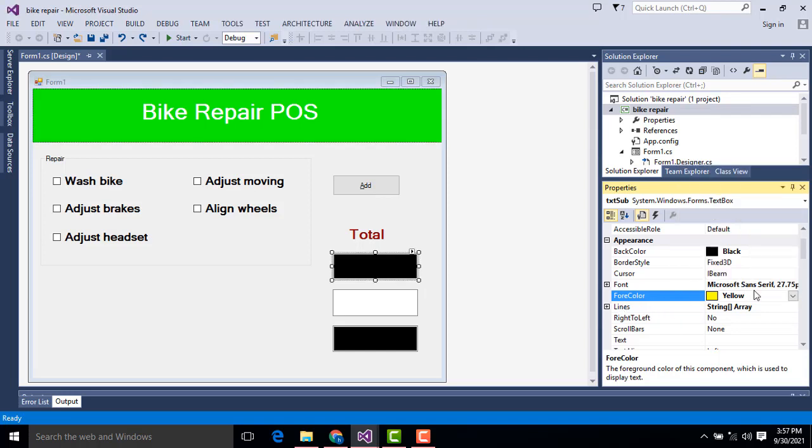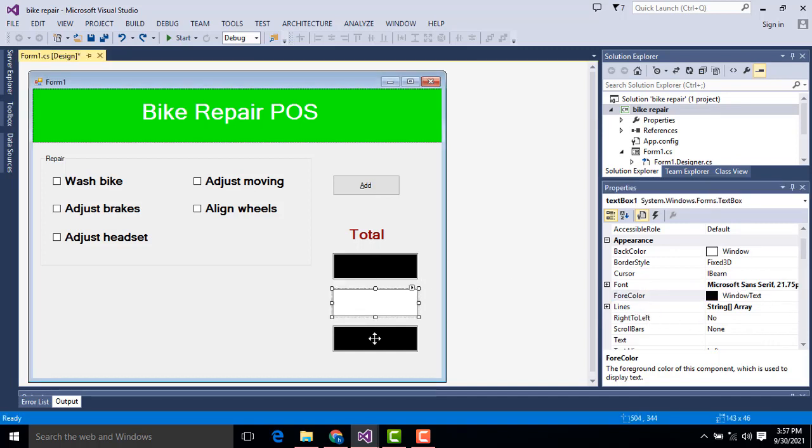Okay. If you only change the background color without changing the foreground color, you won't be able to see the font over here because the font will be displayed as black. So if you want a different color, you have to give it here. Right. This is very important stuff. This is how we have designed the text boxes.